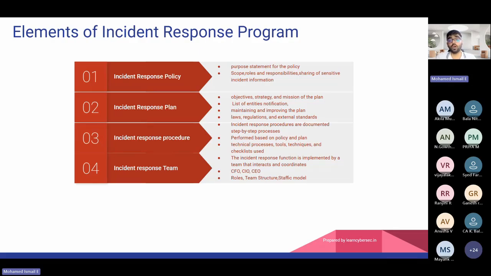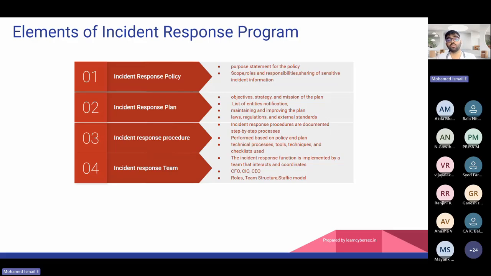First, start with the policy. A policy is just like a statement of purpose, explaining why we are defining a policy. For example, let's go back to the same company, Mango Private Limited. They have hired a security operations officer or security officer. Now the security officer is given a first task: we are doing business, collecting some customer data and keeping it in a SQL database. As a security officer, you need to define a security policy, I mean an incident response policy, for Mango Private Limited.